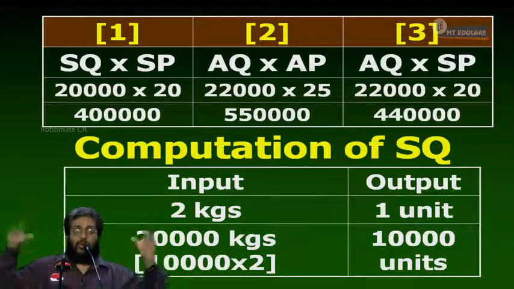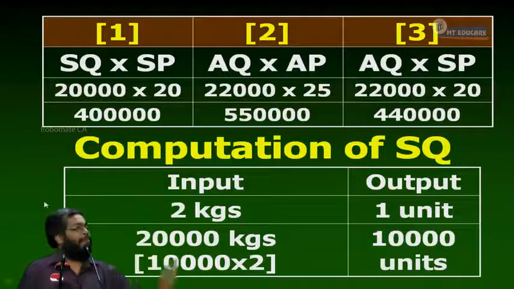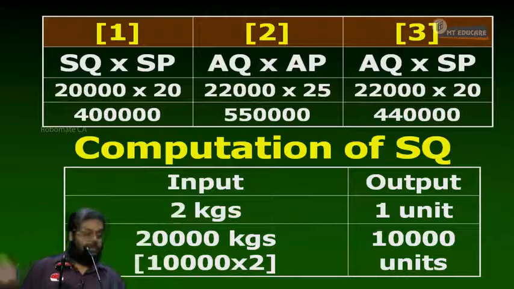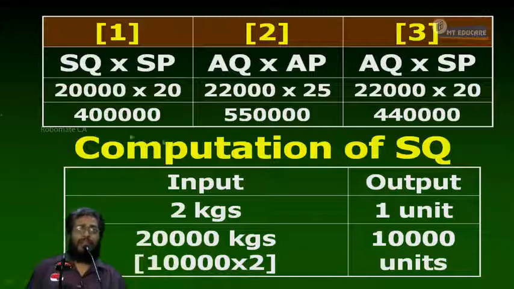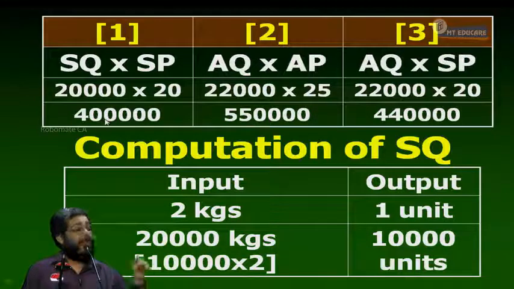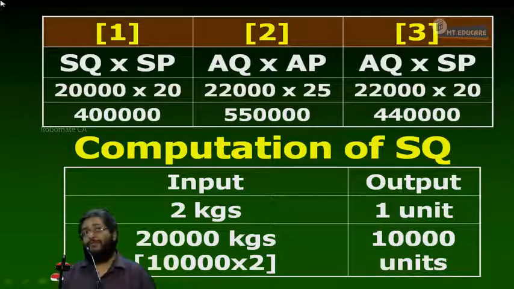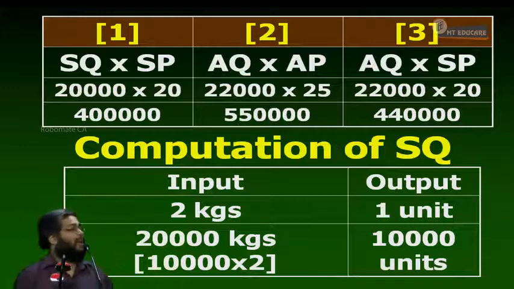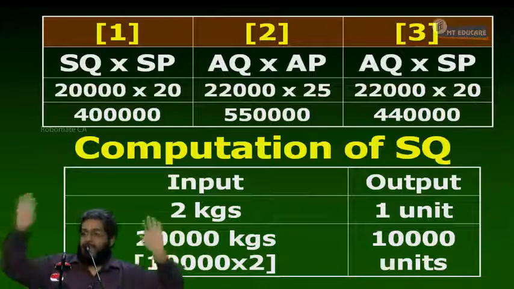Before I go into the notes, let's have an overall view and then proceed. Tell me, the company produced how many units? 10,000 units. For these 10,000 units, it should have spent how much rupees? 4 lakh. How much has it spent? Column 1 is should have spent, column 2 is has spent. It should have spent 4 lakh, and has spent 5 lakh 50 thousand. Overspent or underspent? How much raw material cost is overspent? 1,50,000 adverse. Point number 1 over.